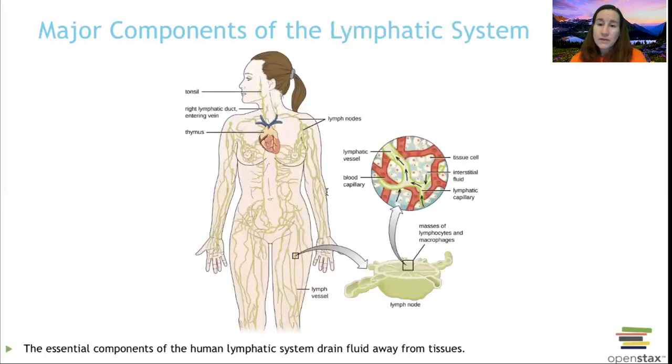Major components of the lymphatic system. We are going to have the lymph vessels and the lymph nodes. Lymph vessels pretty much buddy up everywhere there's a blood vessel and capillaries. We're going to have lymphatic vessels too. There are exceptions, like the eyes and some other places in your body, but for the most part, in general, you're going to have lymphatic system everywhere